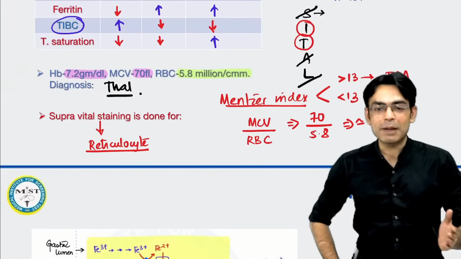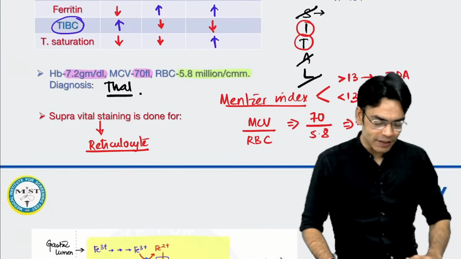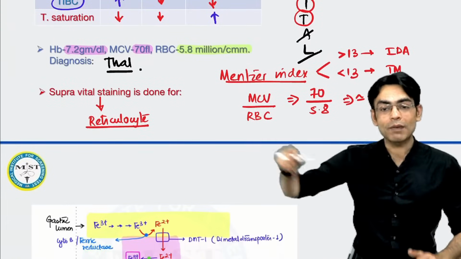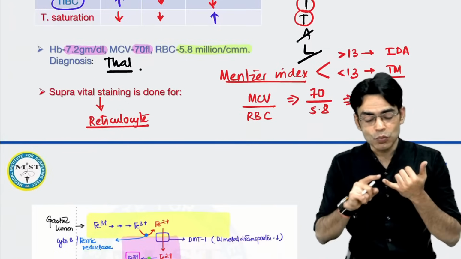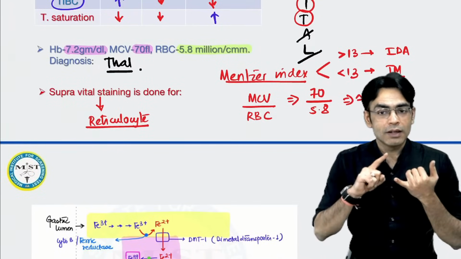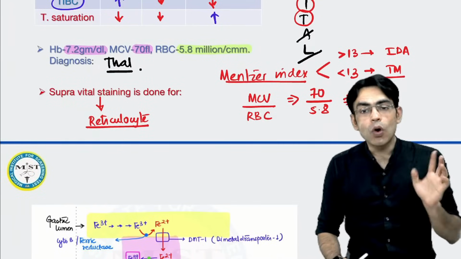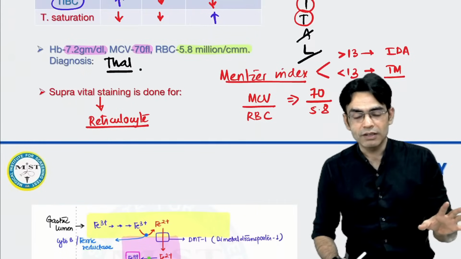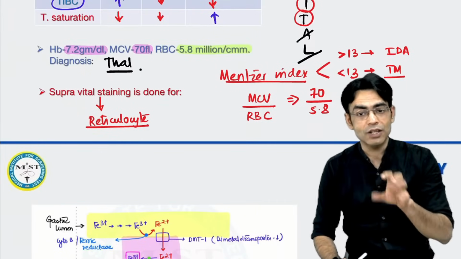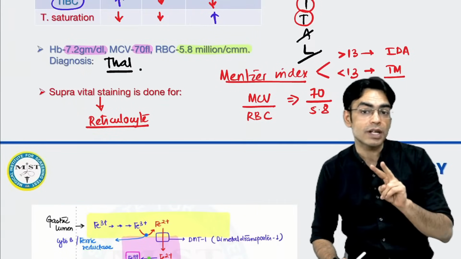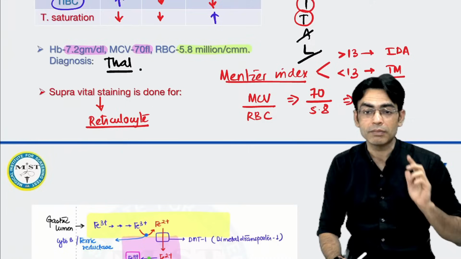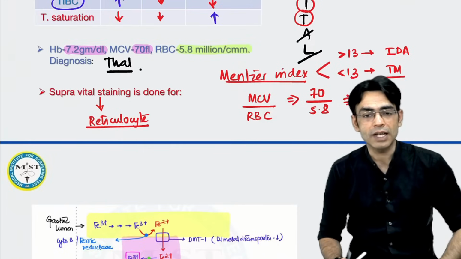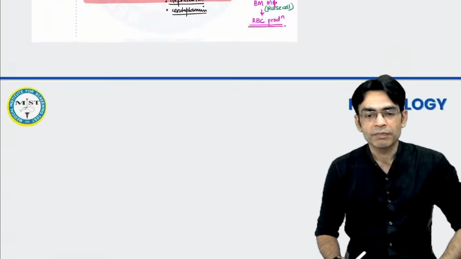ठीक है, हेमा ने बताया पेज नंबर 122 पे. रेटिकुलोसाइट बेटा, सुप्रावाइटल स्टेन नाम क्या है इसका? दिस सुप्रावाइटल स्टेनिंग, दिस इज डन फॉर रेटिकुलोसाइट. देयर इज नो अल्कोहल इन दिस, सो देयर नो फिक्सेशन, बिकॉज आपको मैचुरेशन साइकिल देखनी है, सो दैट इज व्हाई यू यूज दिस. एंड देयर आर टू स्टेन्स, न्यू मिथाइलिन ब्लू एंड ब्रिलियंट क्रिसाइल ब्लू. चलो आगे आ जाओ.